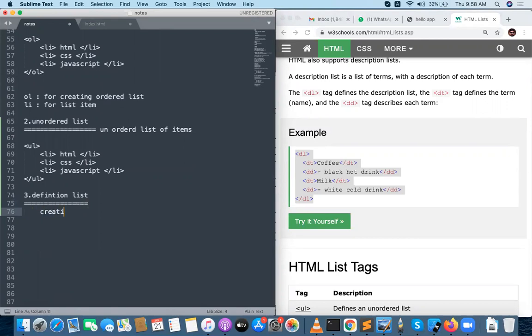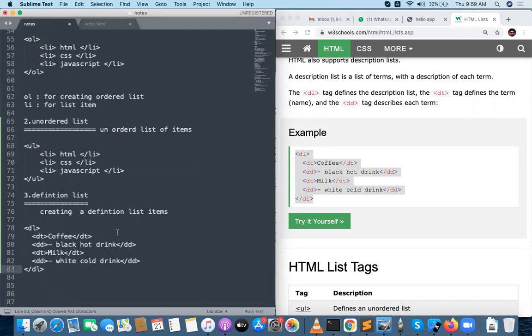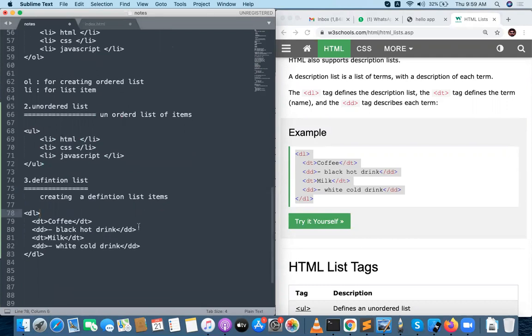This is the syntax for creating definition list items: DL, DT, DD. DL is the definition list.